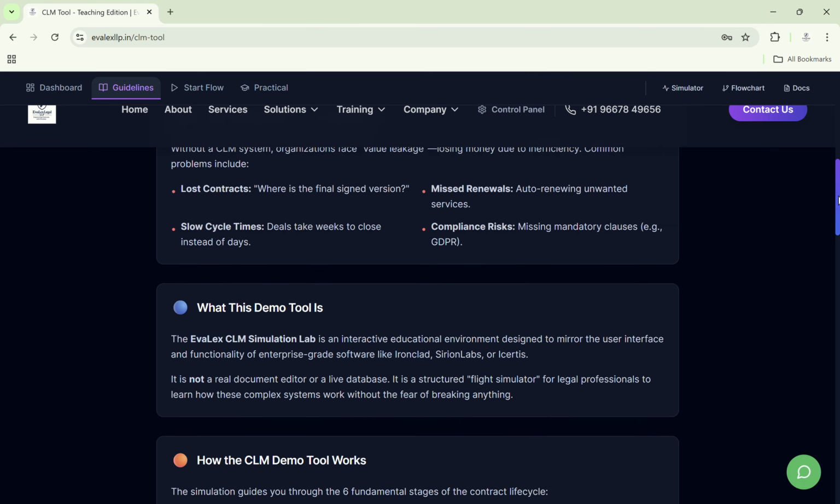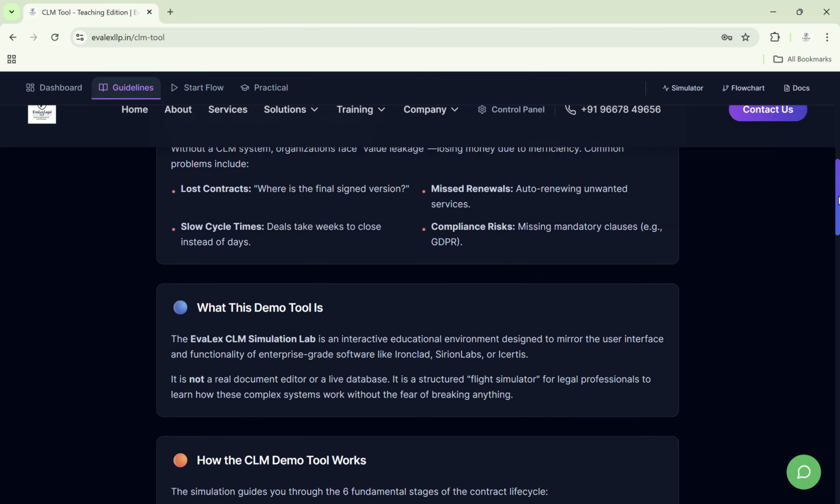When you go to the start flow, you will find each stage of CLM, contract lifecycle management. It starts with the intake portal, where you upload the document. Then you go to capture metadata. Then you go to workspace. Then you go to legal review, where redlining is there, abstraction will be there. Then you go to the approved stage. Then you go to the executed stage. Then you go to the practical portion, where you yourself will analyze and understand how to function each step. Each step has a learning outcome given, how to do it, how to identify it. Everything is there in this tool.